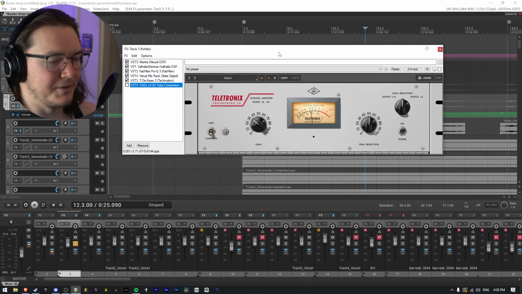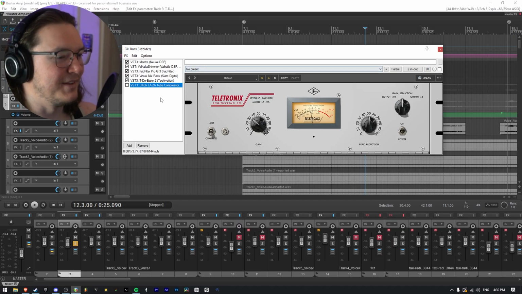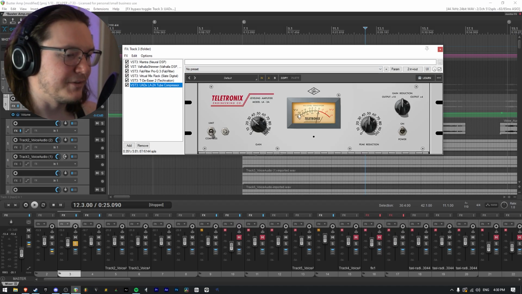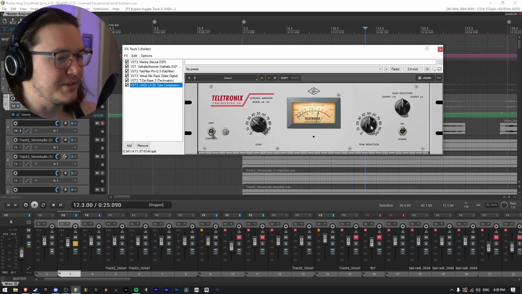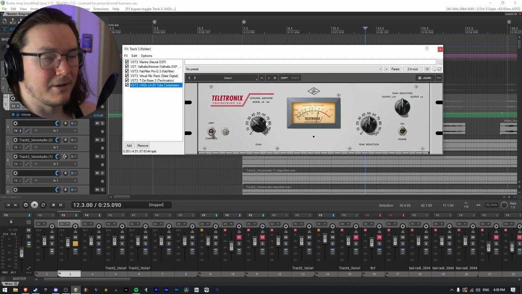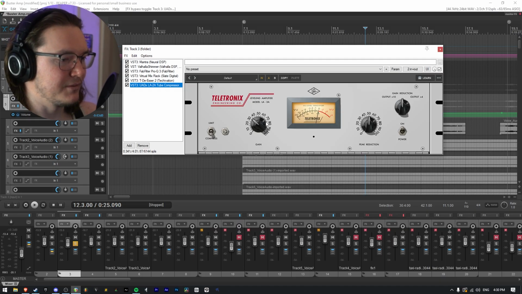I just downloaded it for free when it was free, so that's why I'm using this one instead of the one I used before. This one does have a slightly different sound, I found. It doesn't mean one is better than the other. However, same concept. I'm doing the peak reduction quite high. It looks like it's just over 50%, and I am giving it a bit of volume just to compensate for that gain reduction. So without it,